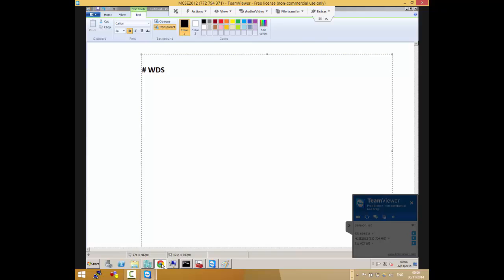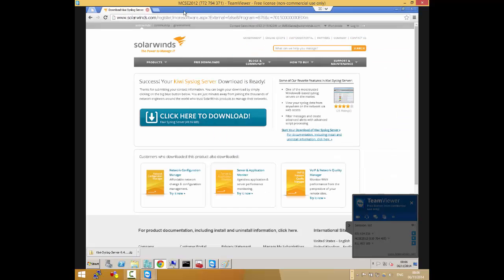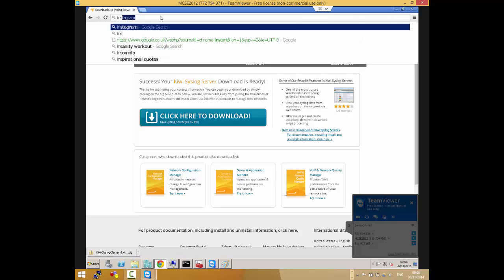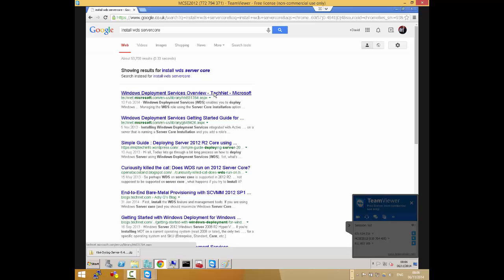I hope this works properly. Sorry, just trying to play with it. So it's actually one of the applications that we cannot install on Server Core. So, install WDS Server Core.